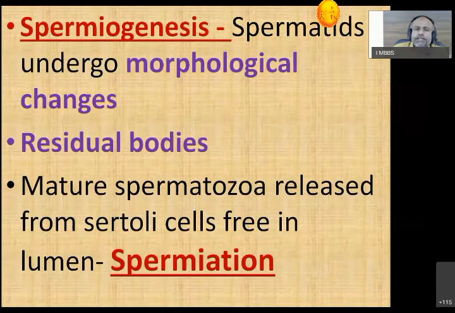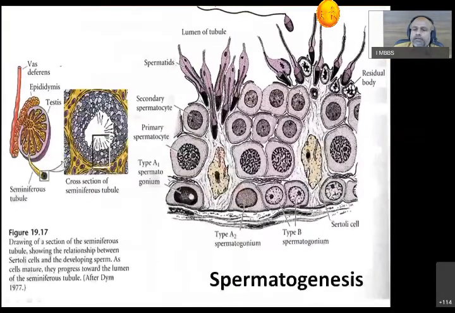Up to this stage, till they are released in the lumen of the seminiferous tubule, these are the spermatids. Secondary spermatocyte gives spermatids. That is, secondary spermatocytes contain a haploid number of chromosomes, 22X or 22Y. Further, they divide mitotically to give double the number of spermatids. Before conversion to sperm, they are called spermatids.